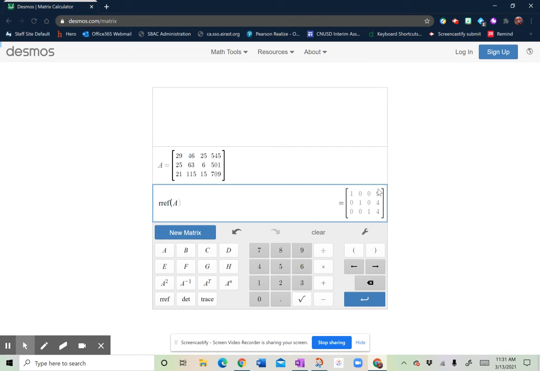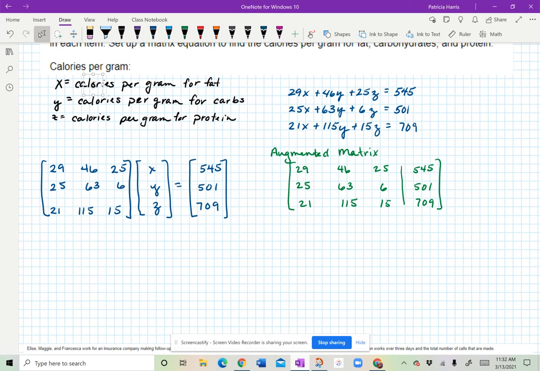So we have 9, 4, 4. So x equals 9, y equals 4, and then z equals 4. So let's remember that. We're going to switch to OneNote. So my reduced row echelon form says